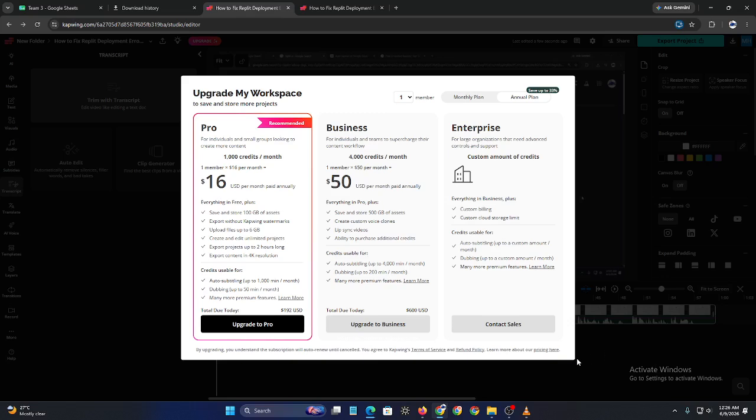Make sure you're using the latest version of your browser. Outdated browsers can create compatibility issues with modern login systems and security features, and that's how to fix Kapwing login